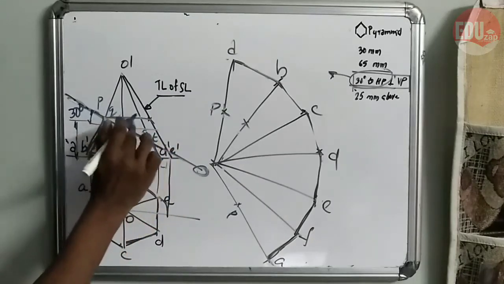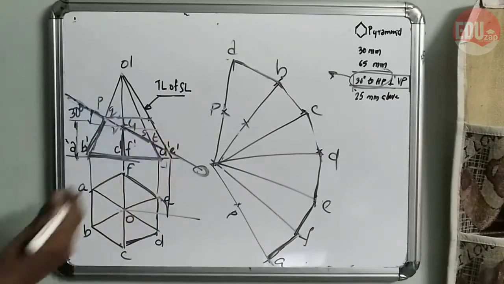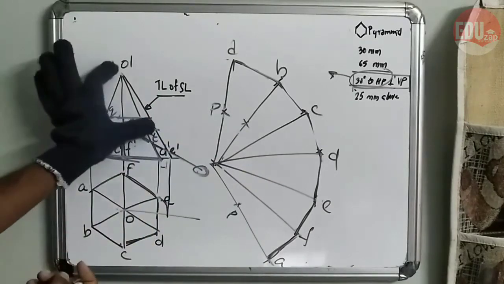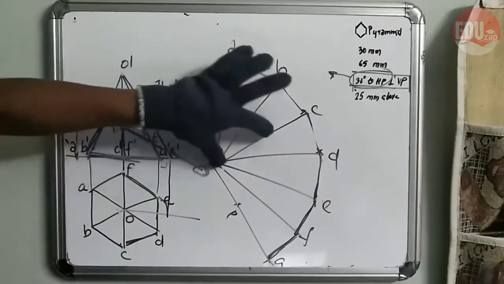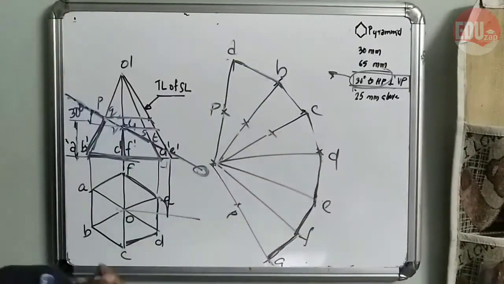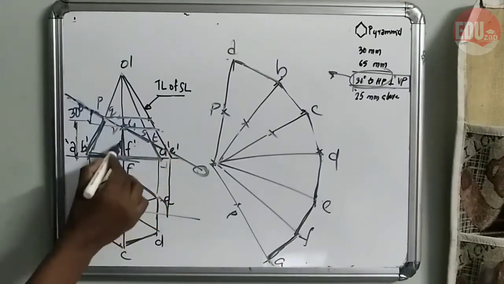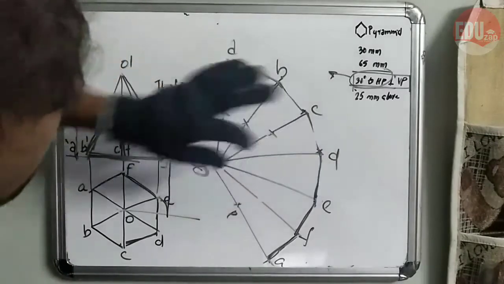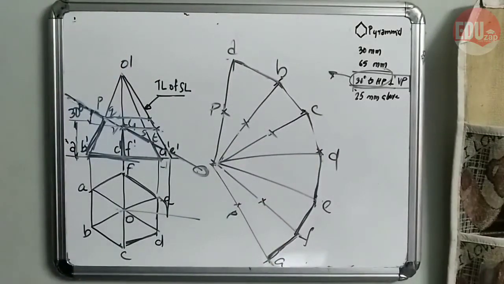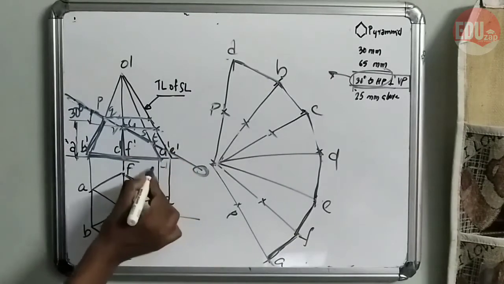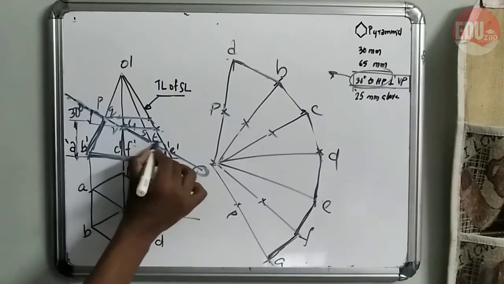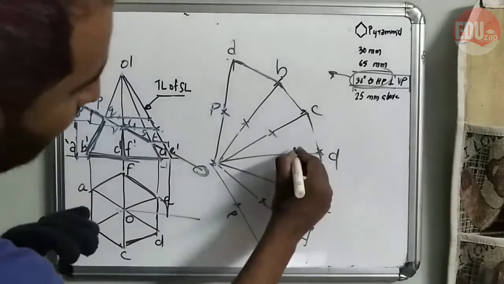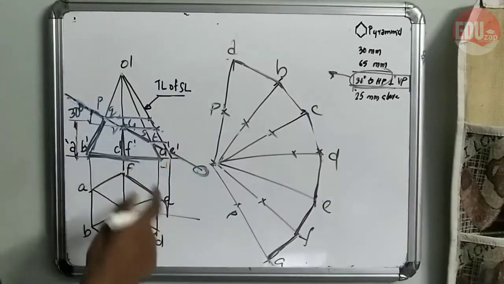R is in OC. Before that, you have to give it to true length and you just take this distance. So R is in OC. You have to mark here. Similarly, U is in OF. You just drop it to true length and mark it on OF. And S and T are in OD and OE. That also you have to give to true length. Then you just take this distance. S is in OD and T is in OE.